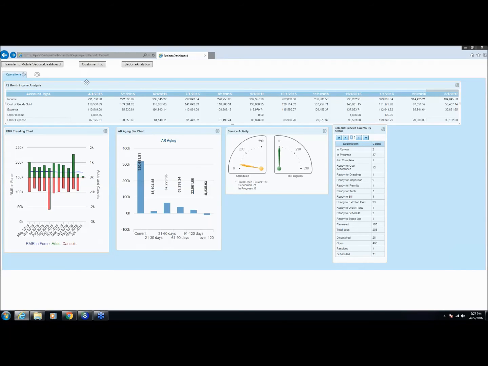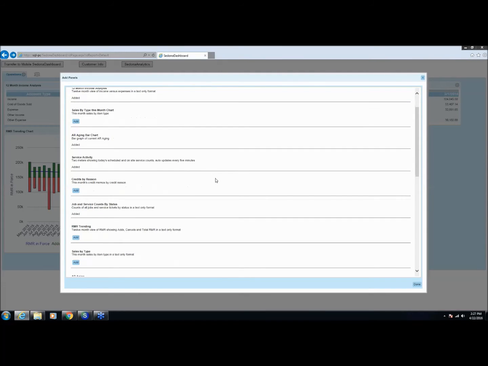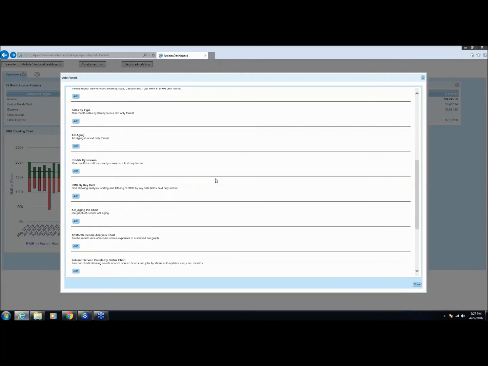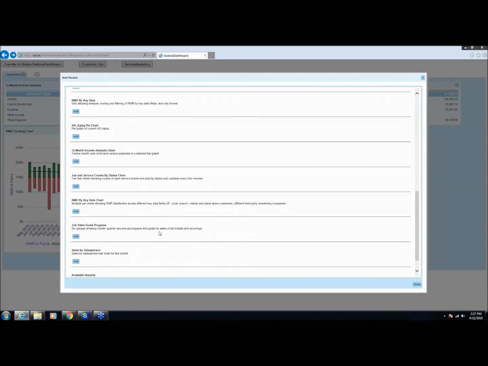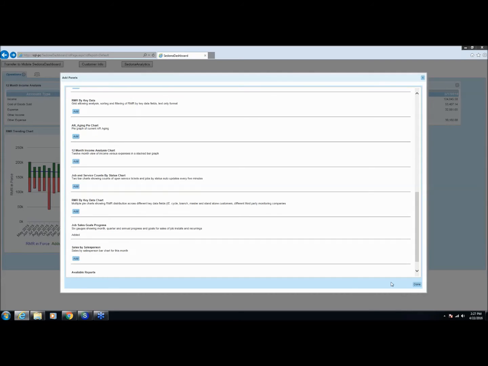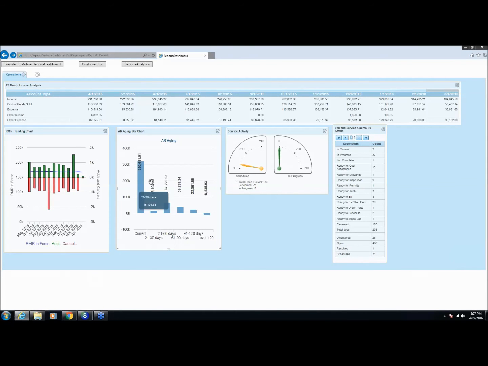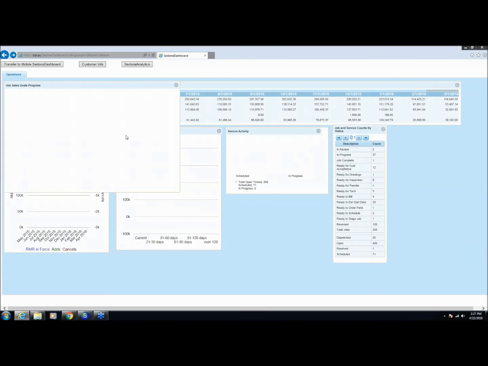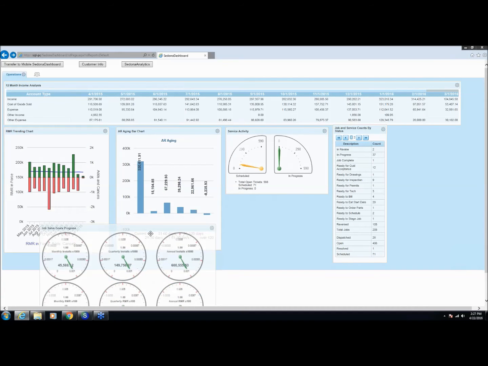Another graph that we have, and this one's going to look funny, but I'll explain it to you in just a moment. We're going to add a panel, and we are going to add job sales goals and progress. Give it a second to pop up here. All right, this guy,